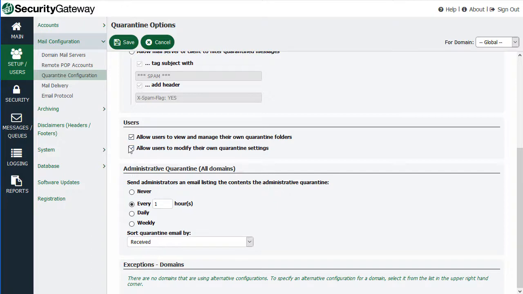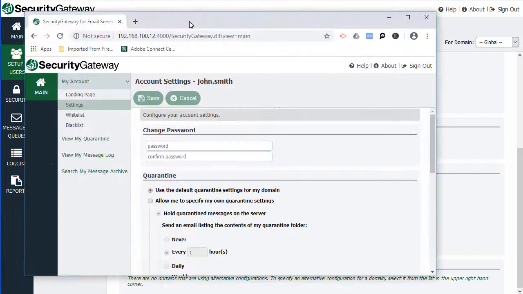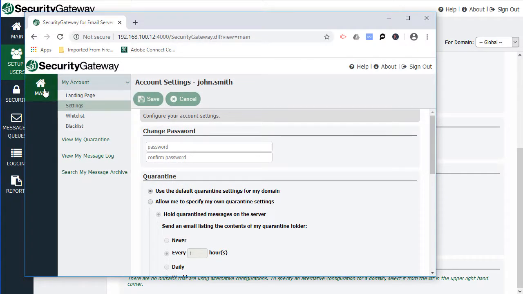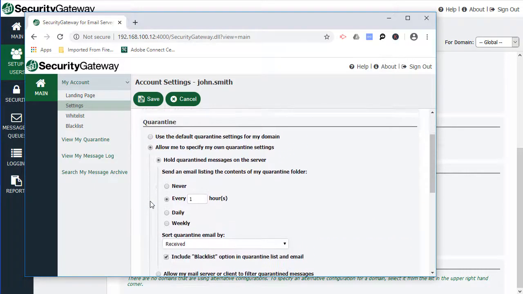Right now I have both of these options selected, so let me give you an example by logging in as an end user, and I'll show you what they see depending on whether these two options are enabled or disabled. So here's a user who is logged in, and on this account I'm going to the settings menu, and notice this user can specify whether or not they want to use the default quarantine settings for their domain or specify